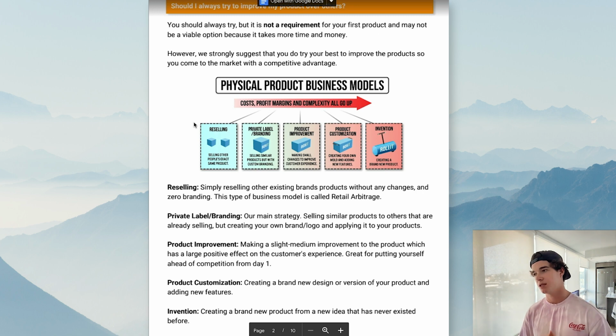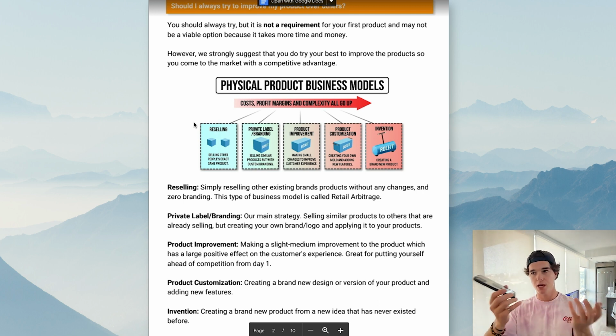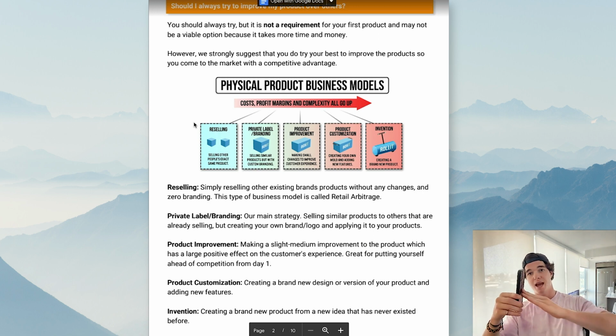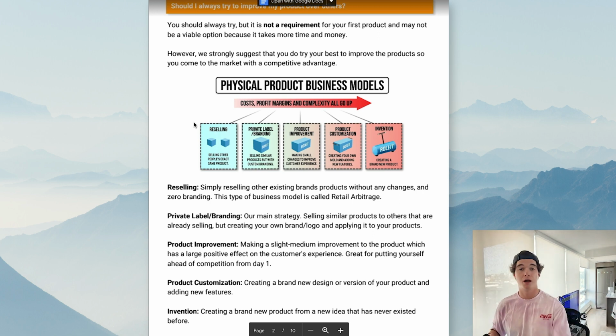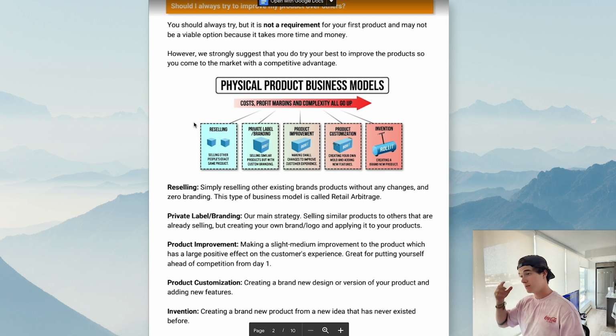This is where things start to get a little bit creative. So let's use my cell phone as an example, right? This is generally a cell phone case, right? For example, a product improvement for this would maybe be a stand right here. But a lot of brands have already come out with that product improvement, but that is just a simple example of a product improvement. So then we go to product customization